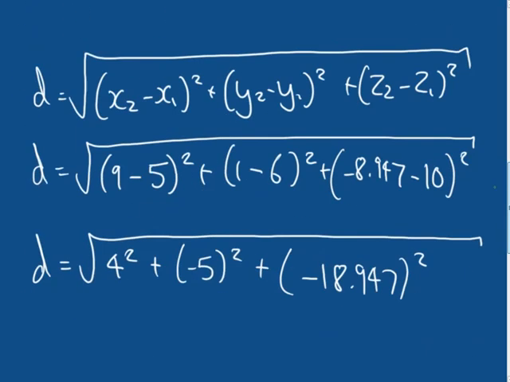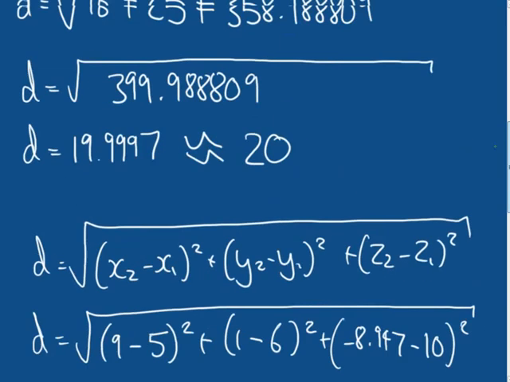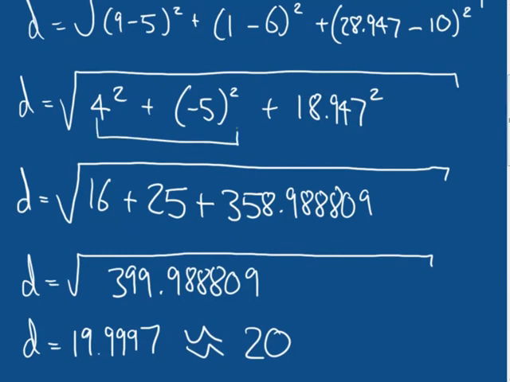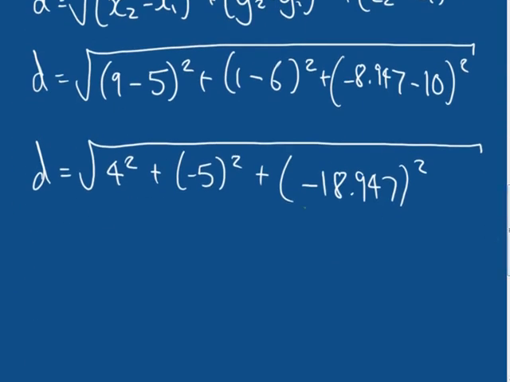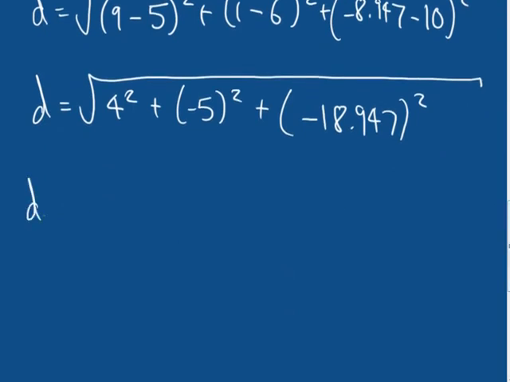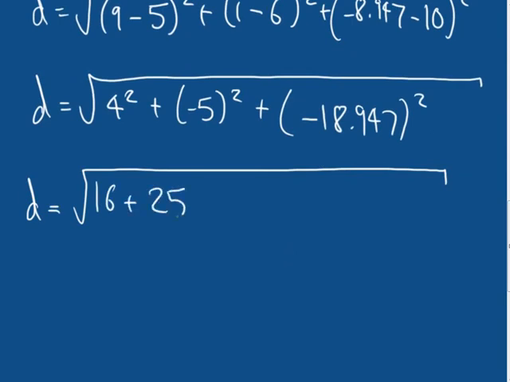Now, hopefully, those of you that are paying attention will see we are indeed going to get the same value because we have 4 squared plus negative 5 squared. Well, we had that before. We had plus 18.947 squared, and now we've got plus negative 18.947 squared, but we know those two values are the same. Now I am going to work this out just one step further to prove that we are going to get the same value. So we know that this is equal to the square root of 16 plus 25 plus,